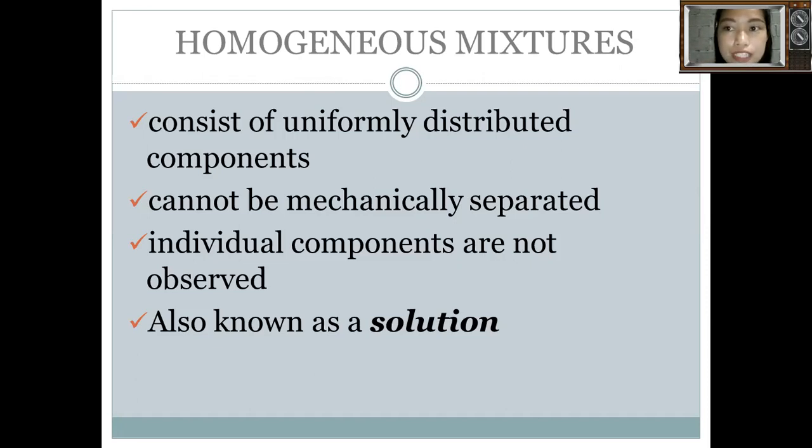But from start to finish, they are uniform. You cannot see nor separate the salt from the water. So a homogeneous mixture is also known as a solution. Before we know more about solutions,